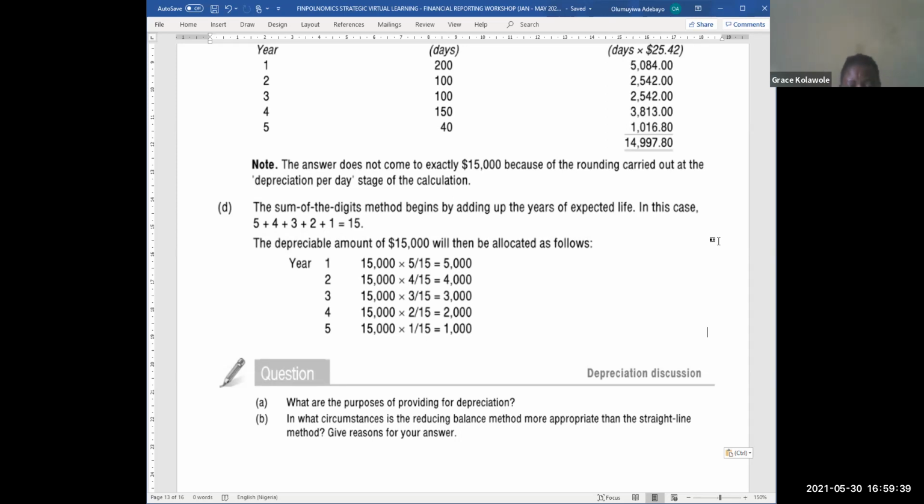Okay. Question 1 states, what are the purposes of providing for depreciation? The definition is due to the depreciable properties, depreciable PPE, due to wear and tear and obsolescence, depending on the situation that is applicable, to write off the cost of the assets over the economic useful life of the assets. That's one purpose. Then secondly,